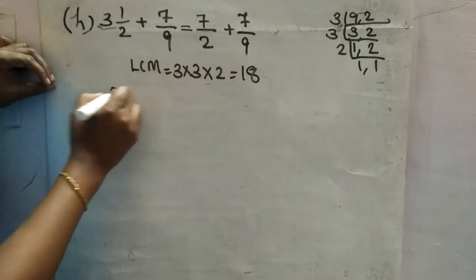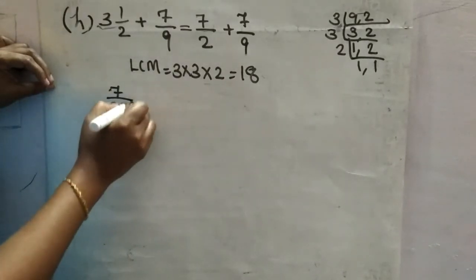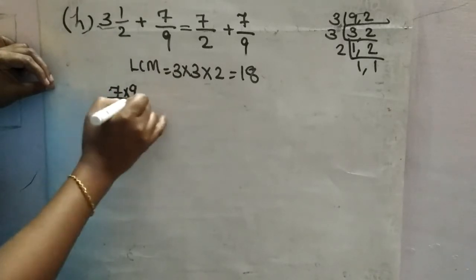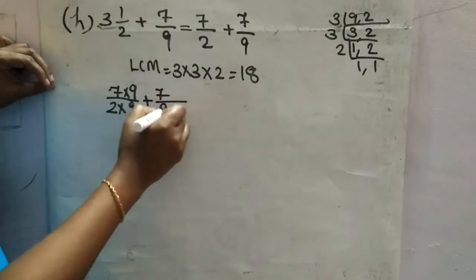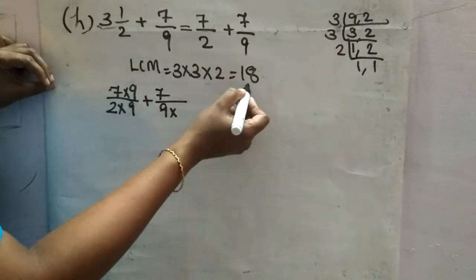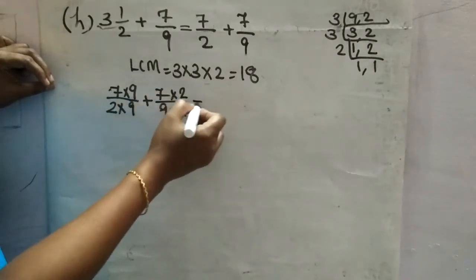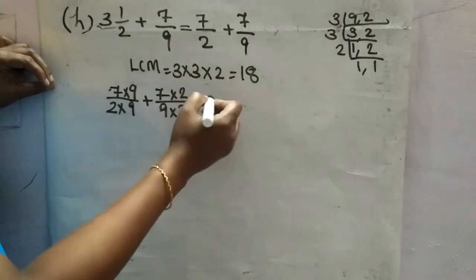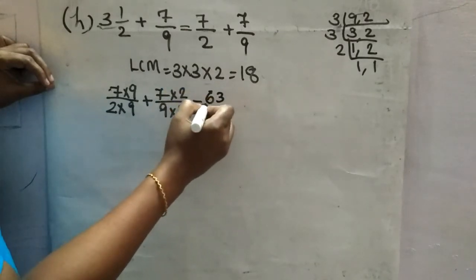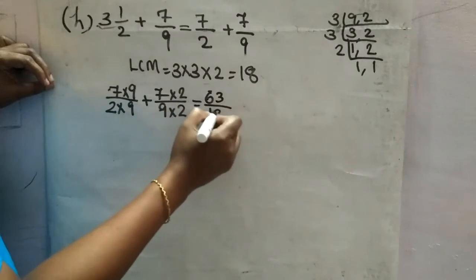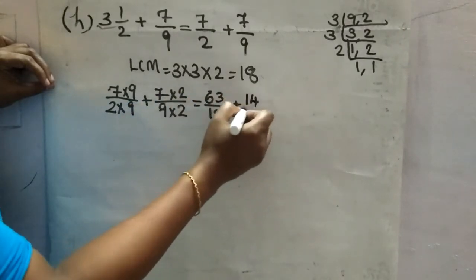So first term, 2 into which number will get 18? 2 into 9. So multiply the numerator also with 9. Here it is addition. 7 by 9. 9 into which number will get 18? Into 2. So multiply the numerator also with 2. 7 9s are 63 by 18 plus 7 2s are 14